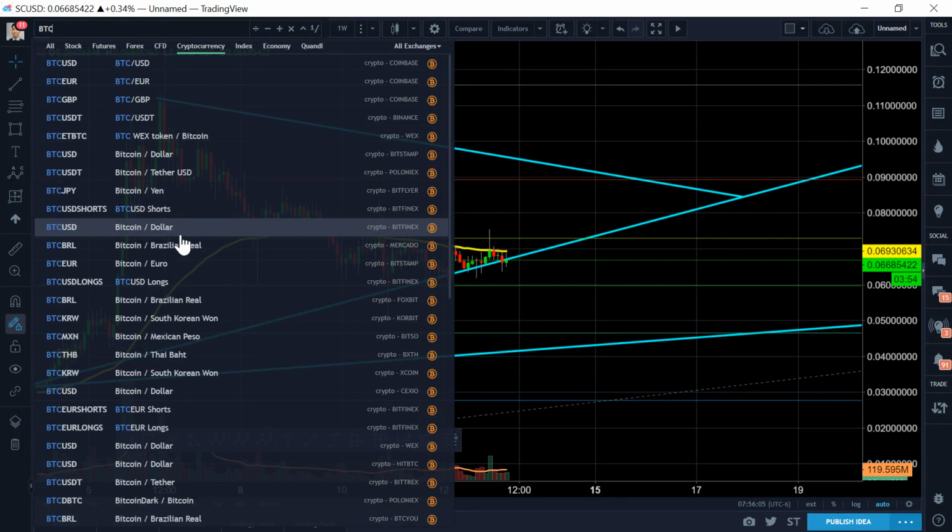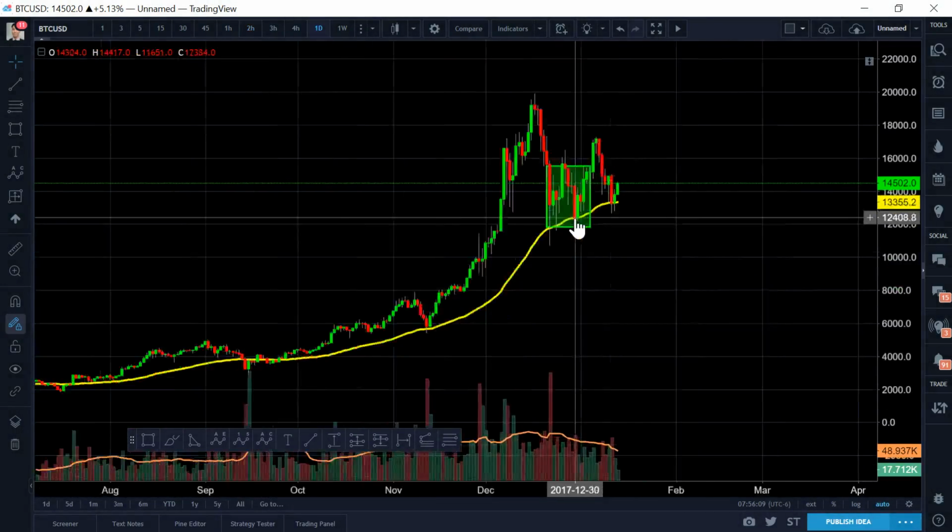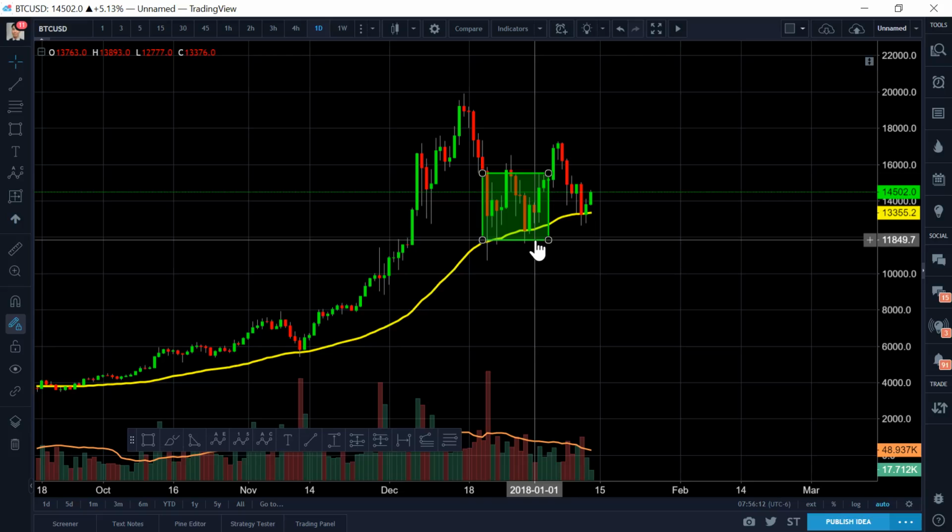Can you guys remind me that we're doing SIACOIN, not Bitcoin? Or sorry, we're doing SIACOIN, not Lisk. Okay, so